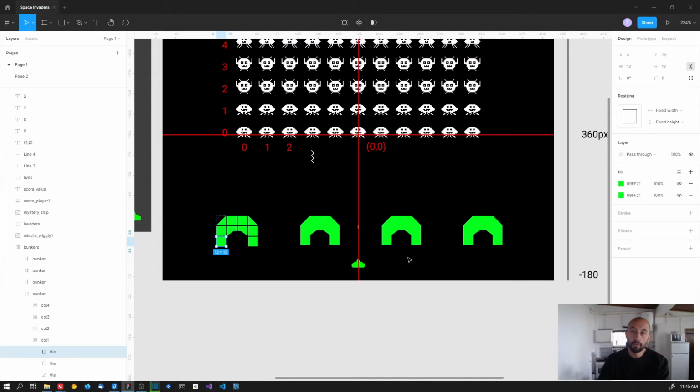So hi guys, in this video we are going to create the bunkers. In the original game, besides the player on the bottom and invaders on top, we have 4 bunkers along the game screen. Let me show you here. So we have these 4 bunkers where the player can take cover behind the bunkers to protect himself from